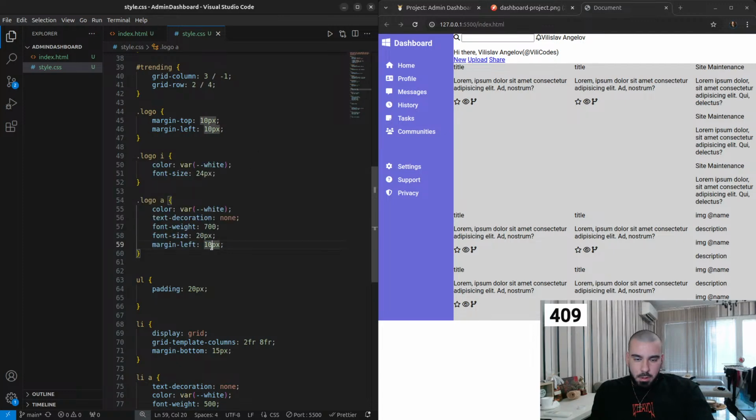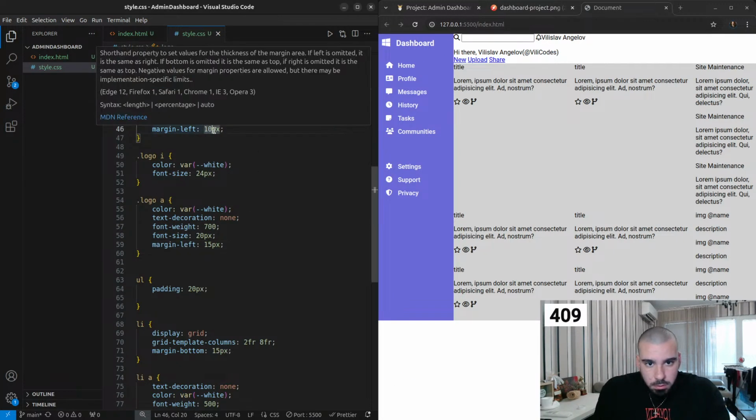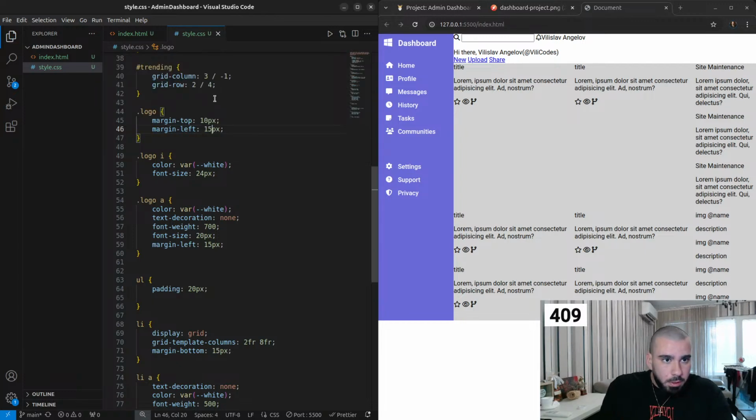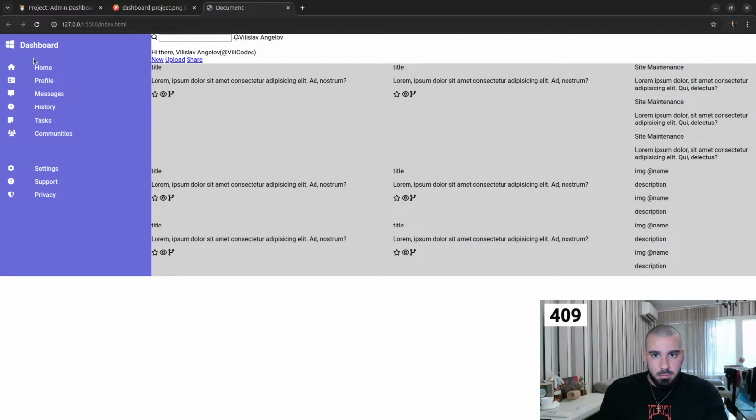Alright, so it needs to be a little bigger, and also these need to be a little bigger and on top, so that kind of looks like it does line up,